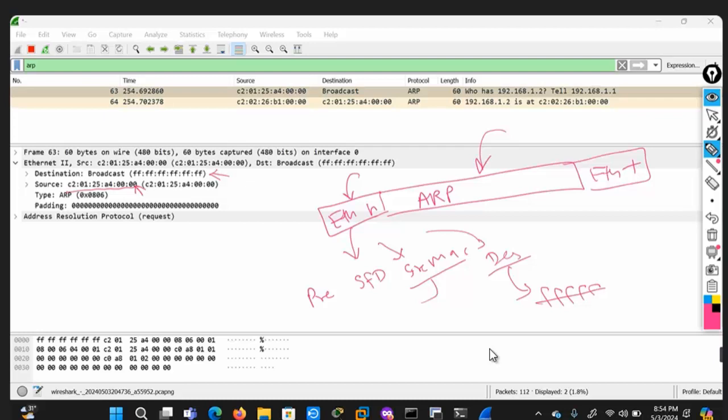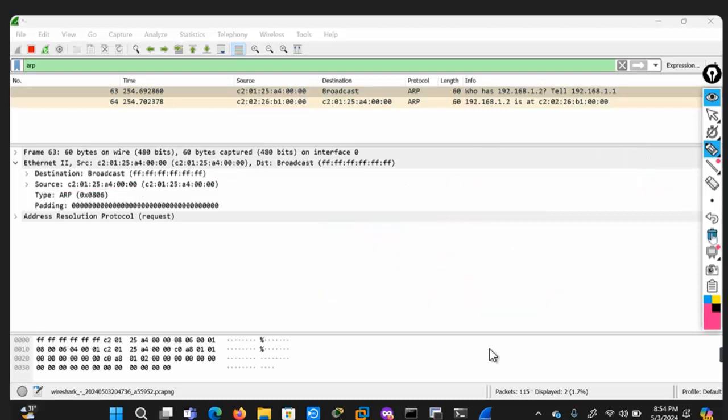It is the broadcast packet. So this packet will be sent to all hosts in a single network. In that network, it will broadcast this packet. So the destination MAC address means this.